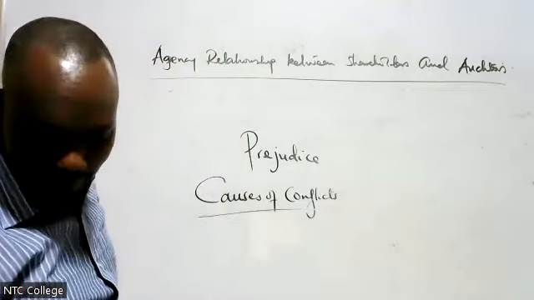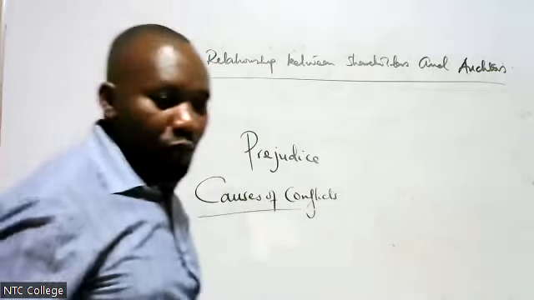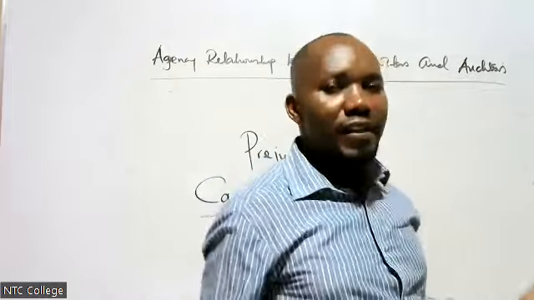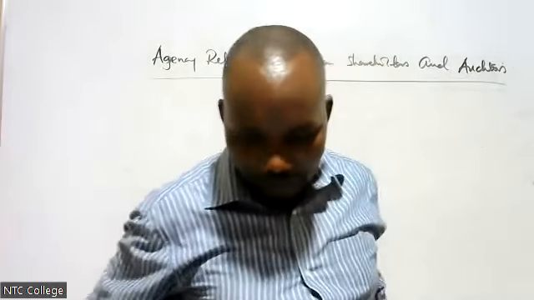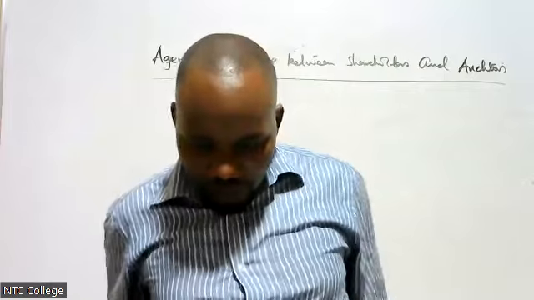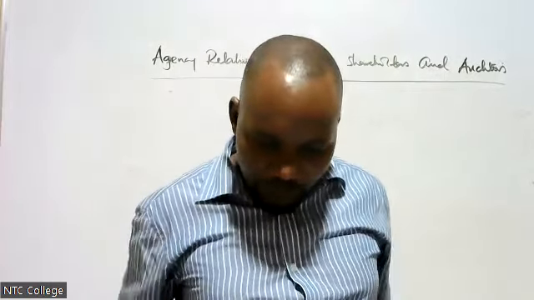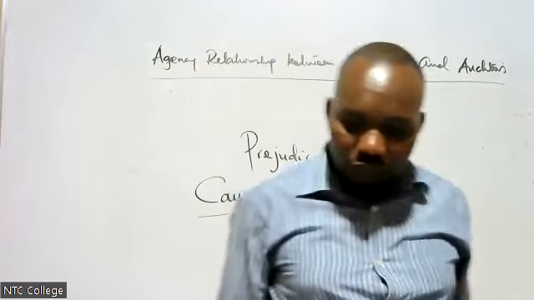Causes of conflicts between the auditor and the shareholders. The auditor can prejudice the interest of the company. Number one, what causes the conflict? Number one is colluding with management